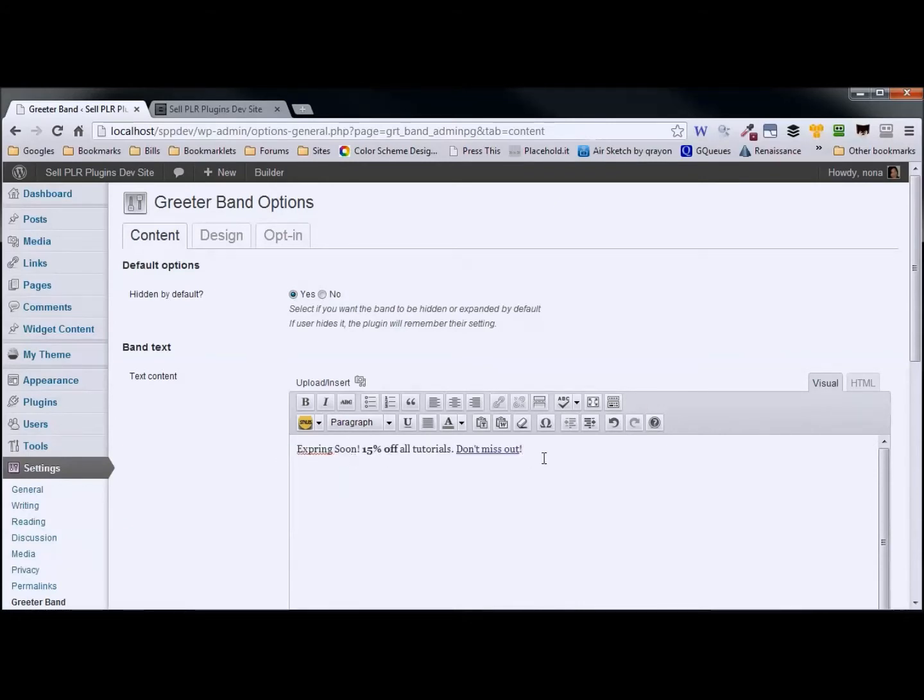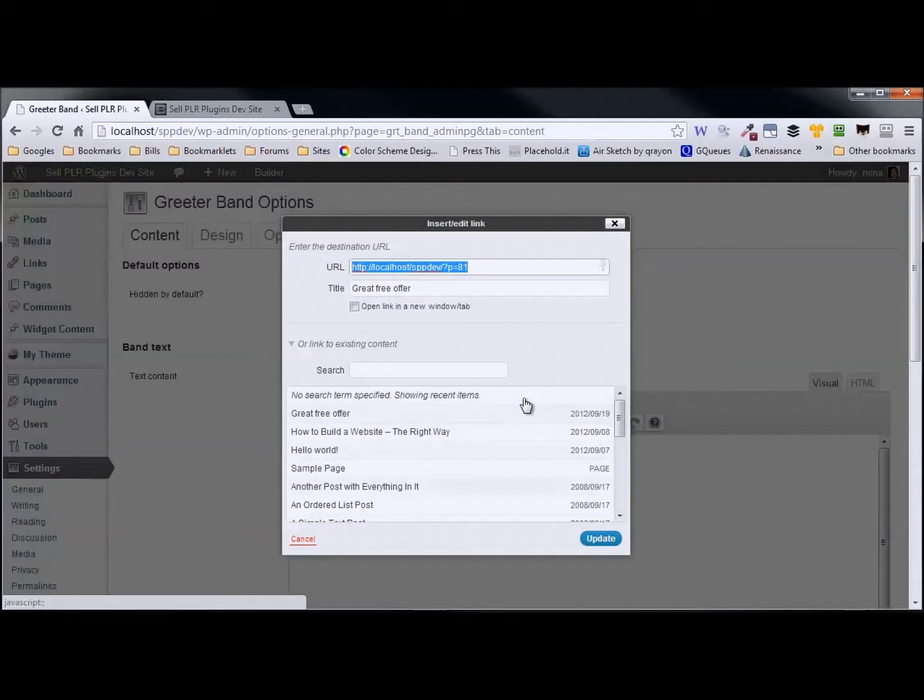So I have a special offer here that's expiring. I can bold the text. I can also change the colors of the text here. Let me make that red, and of course I can link it out to any place that I want to, and this is using the WordPress editor. I can link it to any other page within WordPress, or I can put a URL to a page